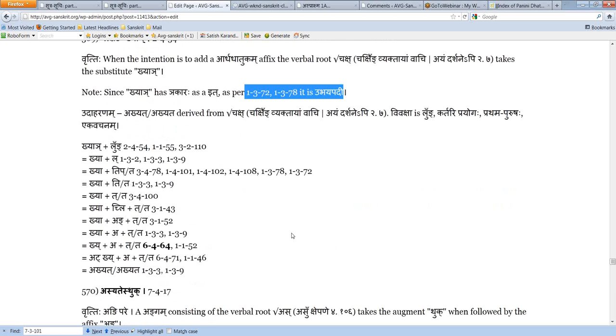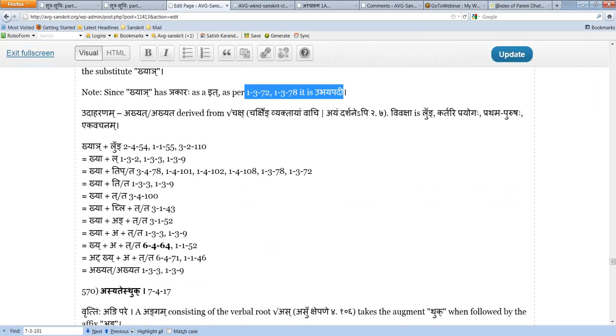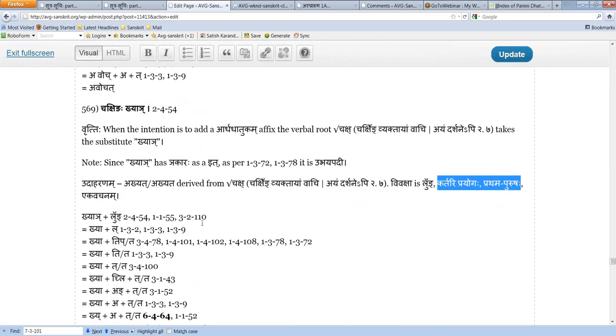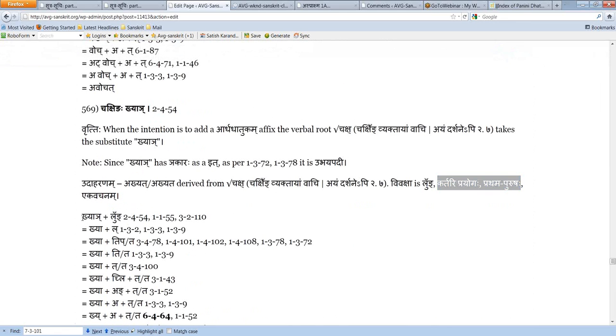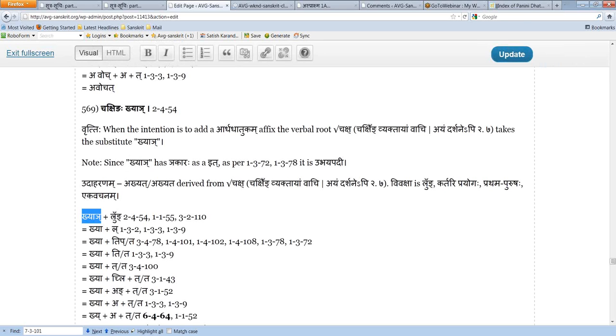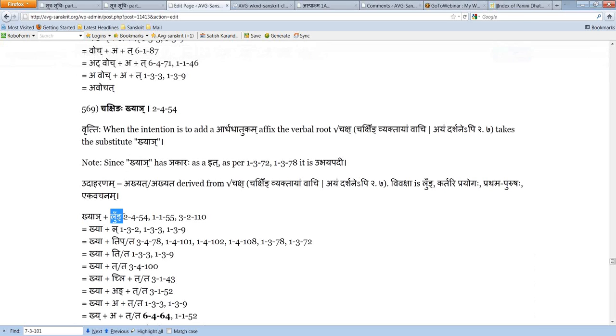Now let's look at this form and then we can stop because time is running out. Let's look at akhyat, Prathamapurusha Ekavachanam. Follow all the simple steps. Immediately we start with Chakhyai, because we know the intention is to add a Pratyaya which is Ardhadhatukam. We don't have a Sarvadhatuka Pratyaya following. We're going to get the chili. So we start with Khyai itself by Chakshing Khyai. So Lung by Chakshing Khyai, and then